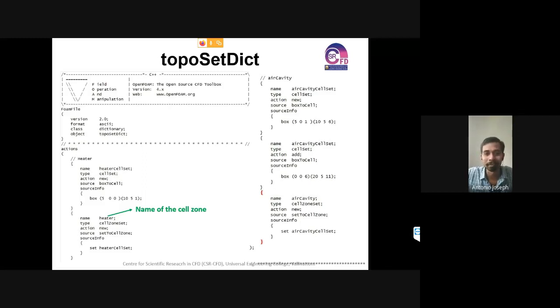To be frank, it will take time. It's a brainstorming one, but it's good that we'll be getting more familiar with OpenFOAM. Personally speaking, even I took more than one day to identify this mapping thing. I was creating the topoSet dictionary files and blockMesh and all, and the heat transfer was not occurring. I tried many ways.